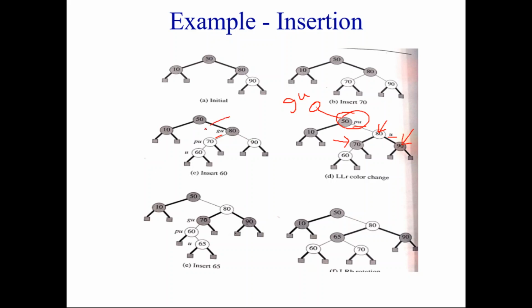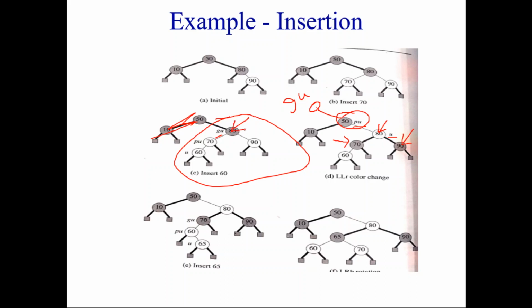Say for example, you take this particular subtree alone, you leave these two things. Here, if you see 60, you are adding a new node. So after adding a new node, there is an imbalance. And what is the parent's sibling? It is red in color. Now if you see the color of the grandparent, the grandparent is black, and that is the root of the tree. So what should be the color of the root of the tree? Root of the tree should be black.